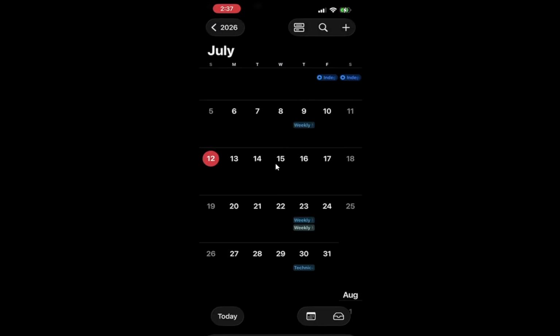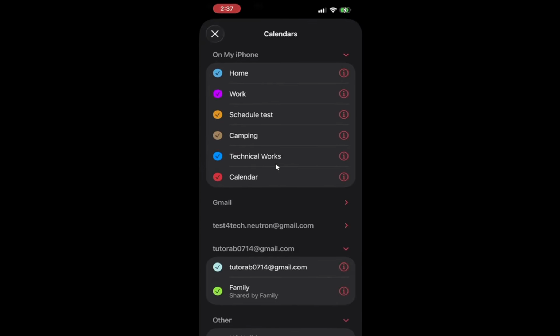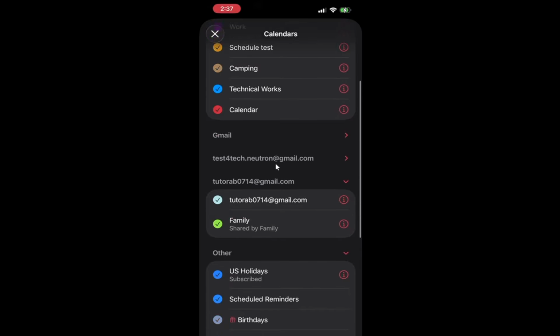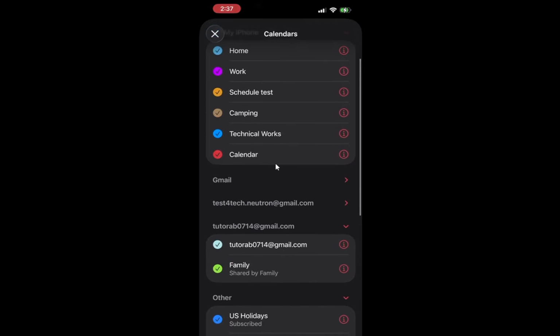In summary, you have now learned how to add categories in Apple Calendar. By creating multiple calendars, you can easily manage your events in a way that suits your lifestyle. This simple method can save you time and reduce stress as you